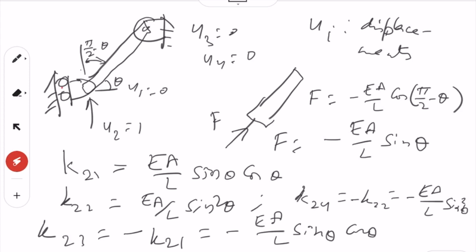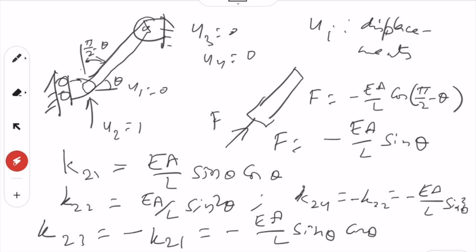So the same kind of analysis you did, you can do here also. If you are moving this away, giving it a displacement of 1, then you have to find out what forces are developed here, and accordingly we can find the other forces. Those forces will relate to the stiffness, the entries of the stiffness matrix. So given this information, now we can construct the stiffness matrix for this one.